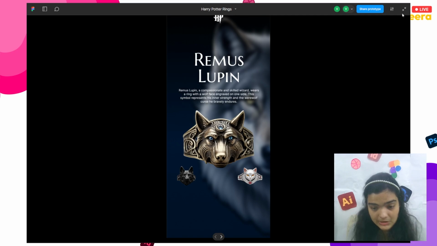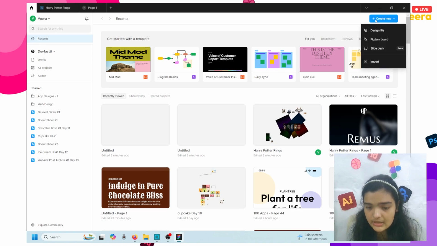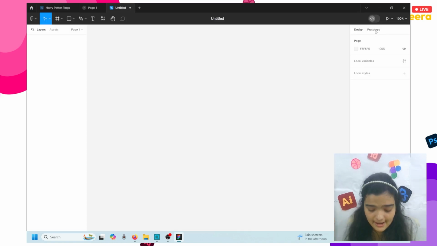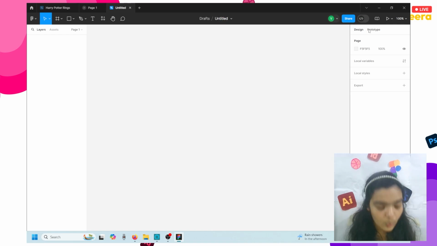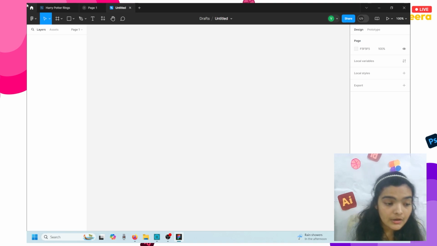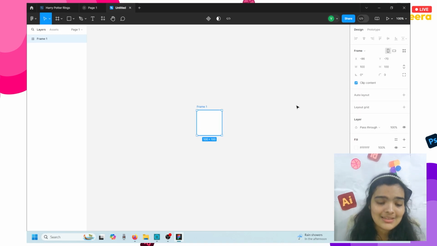Figma, which is going to be newly installed for you, and you're going to be greeted with this screen. To create a new file, just go to this blue button and click on design file. This is going to make a completely new design file for you. Now that we have this sorted out, we are going to get started with creating a first frame. The way you create your very first frame in Figma, click on F and then click inside of your screen